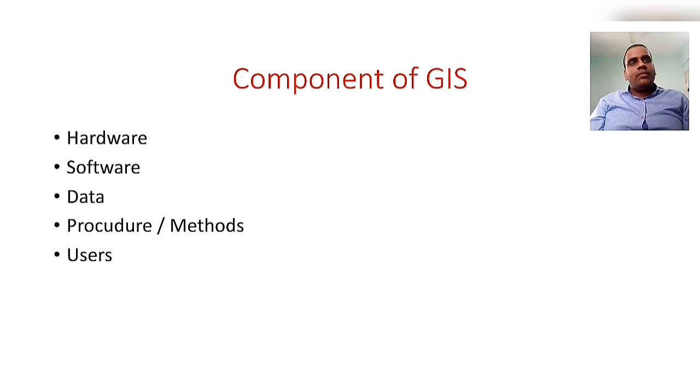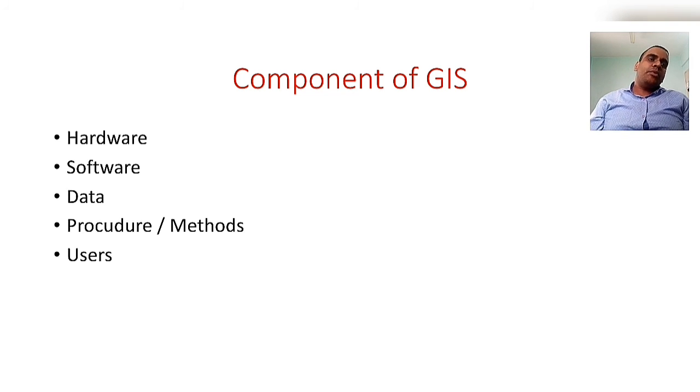Now this data can be of a primary type or a secondary type. For example, data collected from a field survey or tabular data can be inserted into the system, or the data can be of a secondary type. For example, you might have satellite images or aerial photographs as data. That data can be manipulated and converted into a compatible format and stored in the system. Once stored, that data can be analyzed with the help of the software. So the very important thing needed after software is data.